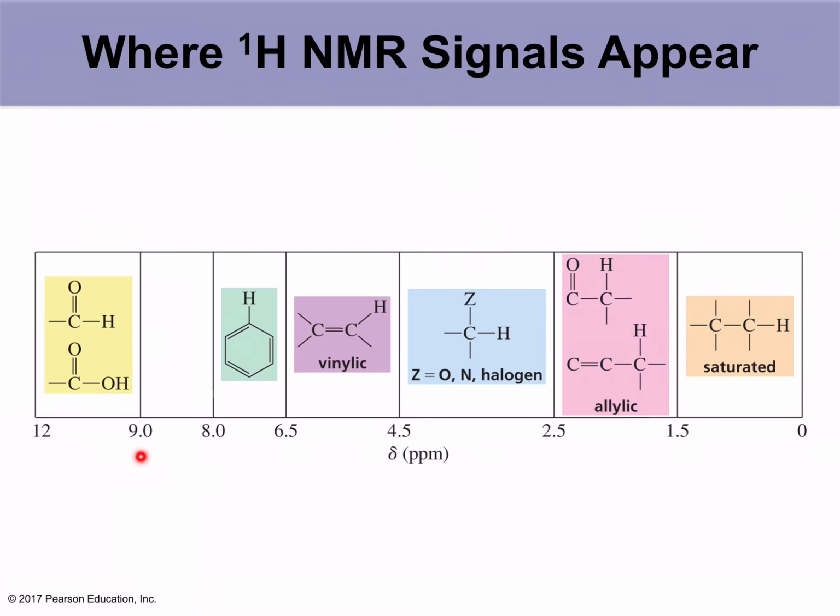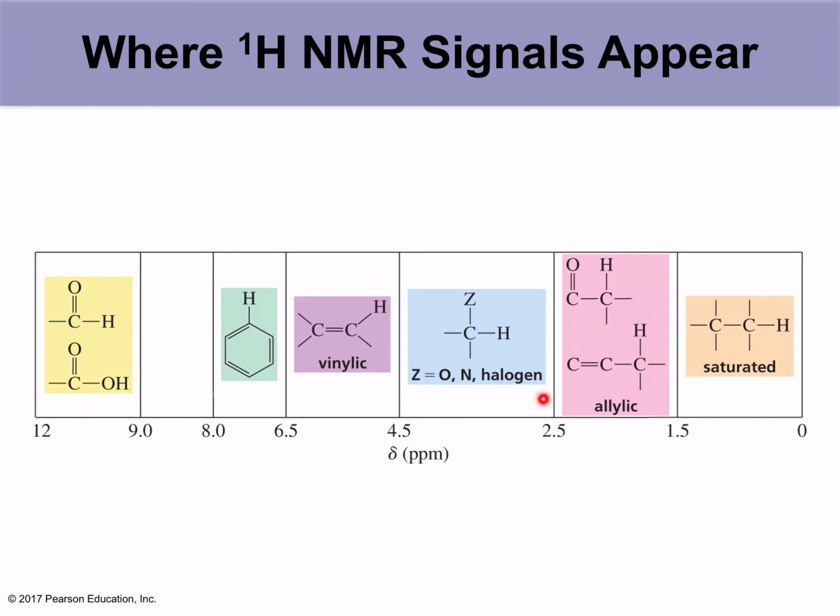And here it's showing the range from 9 to 12 is aldehyde hydrogens and carboxylic hydrogens. And then the benzene hydrogens appear between 6.5 to 8. And vinylic hydrogens, meaning hydrogen attached to an sp2 carbon with the alkene group, between 4.5 to 6.5. When hydrogen is attached to a carbon which bears an electron withdrawing group or more electronegative group, oxygen, nitrogen or any halogen, they range from 2.5 to 4.5 depending on